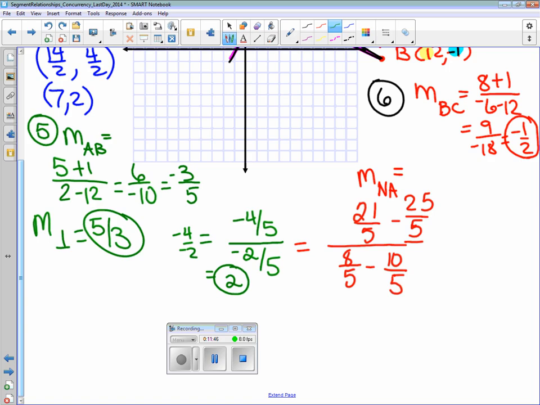Okay? Now, what am I comparing? I'm comparing the slope of NA to the slope of BC. Are they perpendicular? Did I want them to be perpendicular? Is it an altitude? You still know, even though it's messy, it's an altitude because they are perpendicular. Okay? So it's really all the work. I agree the numbers were messy, but it was just as methodical